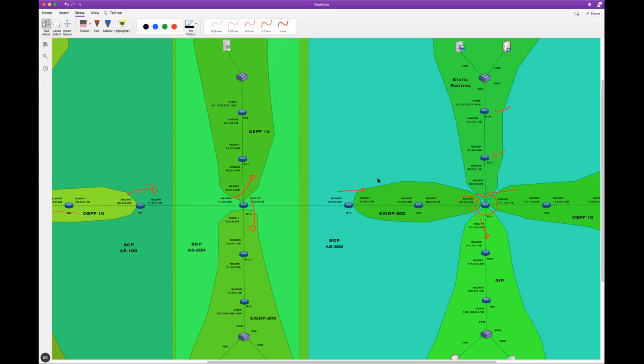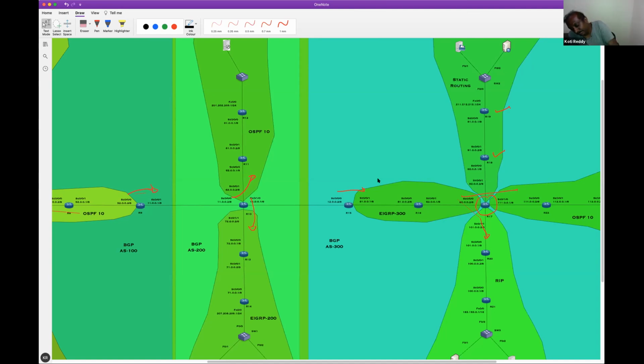So now I only made sure that ISP 1 routes are known to ISP 2 and ISP 3 routers. Now let us make sure that ISP 2 routes are known to ISP 1 and ISP 3. Then make sure that ISP 3 routes are known to ISP 1 and 2. Then they all can ping each other.